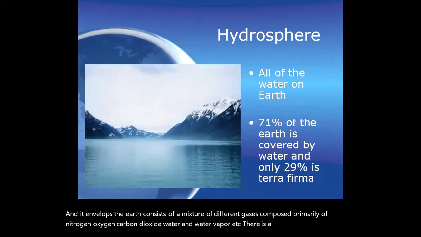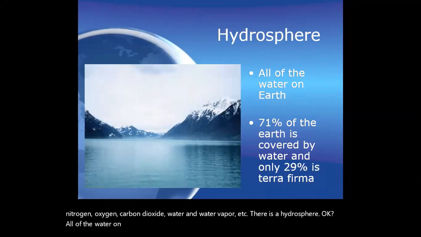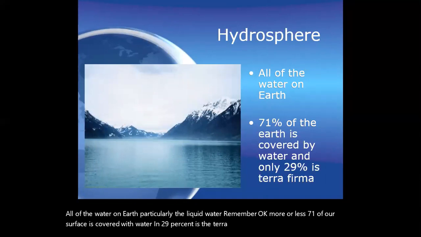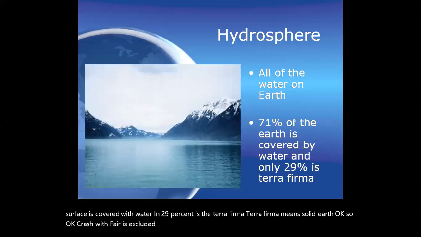Okay, all of the water on earth, particularly the liquid water, remember, more or less 71% of earth's surface is covered with water, and 29% is the terra firma, means solid earth. Okay, cryosphere is excluded from this. If you include the cryosphere, which is the solid ice present in Antarctica and the northern pole,